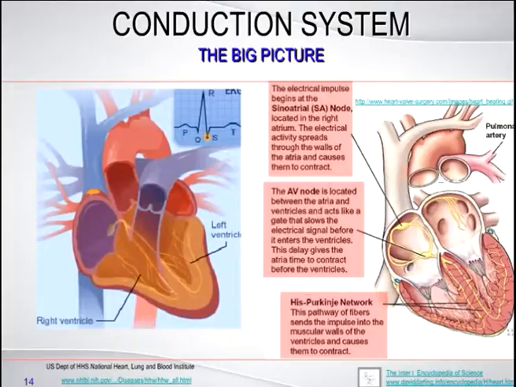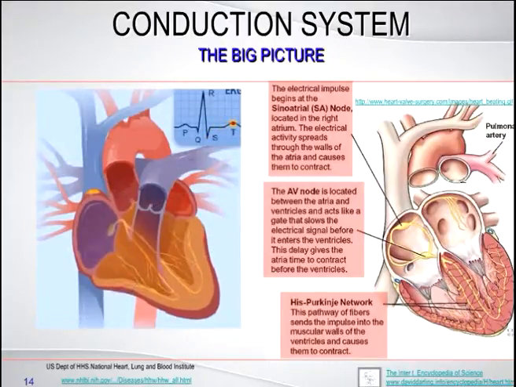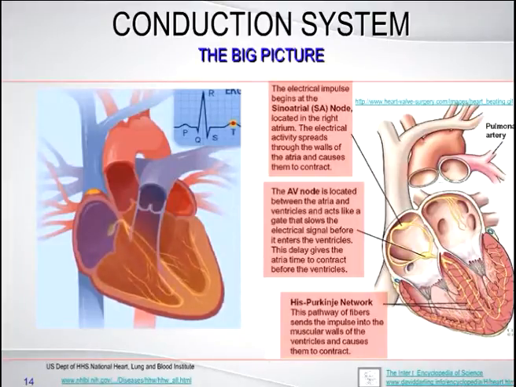The contraction of your heart's right ventricle pushes blood through the pulmonary valve to your lungs. The contraction of your heart's left ventricle pushes blood through the aortic valve to the rest of your body. As the signal passes, the walls of your heart's ventricles relax and await the next signal. On the EKG,